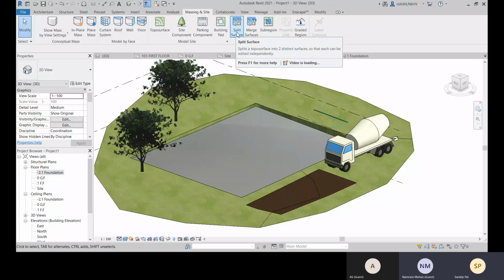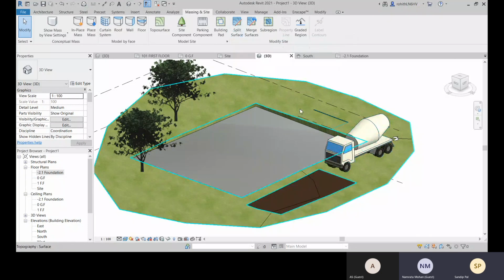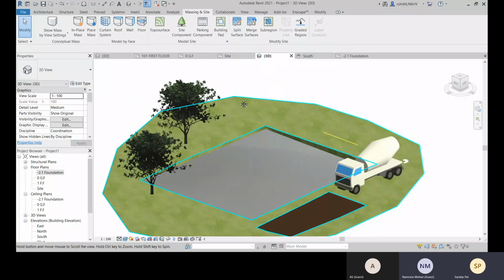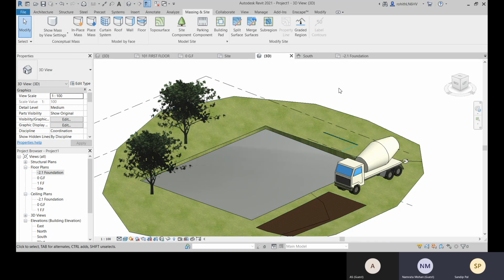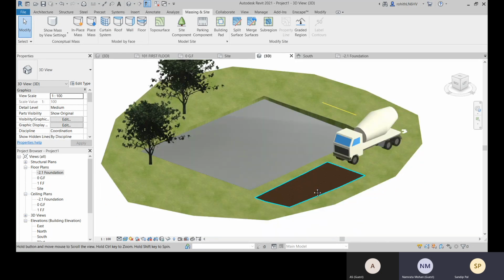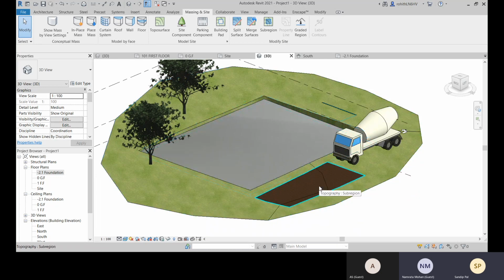For this split surface, when you split the surface, two different surfaces are created. But this sub-region counts as part of the whole surface.